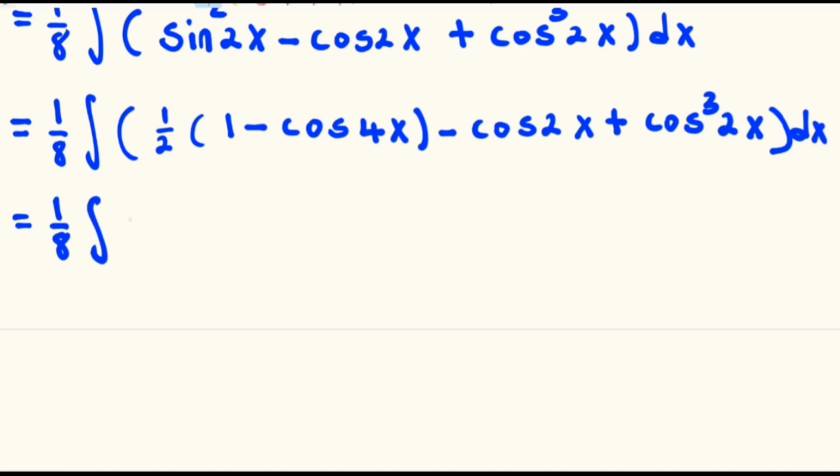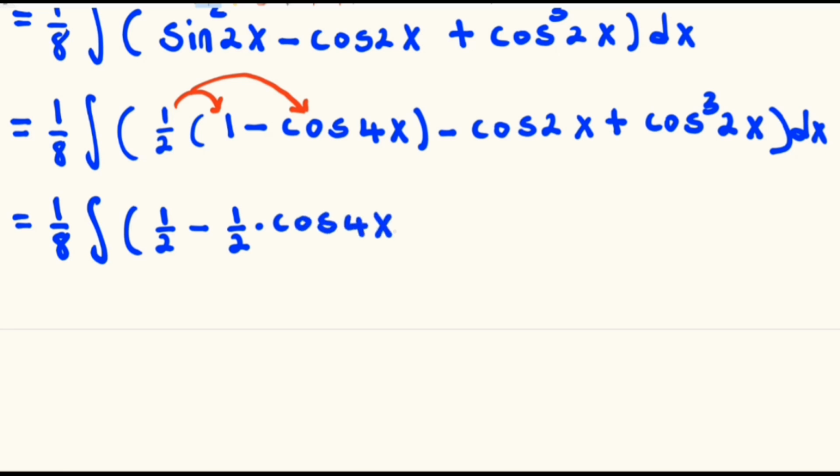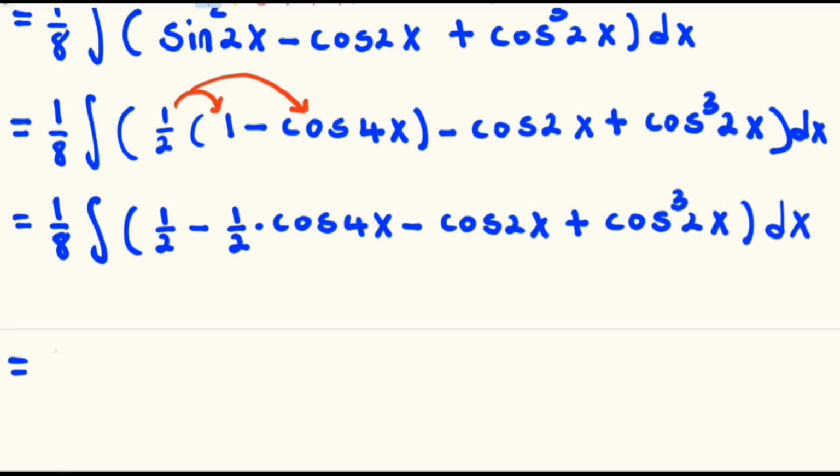multiplied by the integral of, so the half multiplied by that one, and the half multiplied by the negative cos of 4x, and this will be equal to 1 over 2 minus 1 over 2 multiplied by the cos of 4x minus cos 2x plus cos 2x raised to the power 3 dx. So we have 1 over 8 multiplied by the integral of 1 over 2,